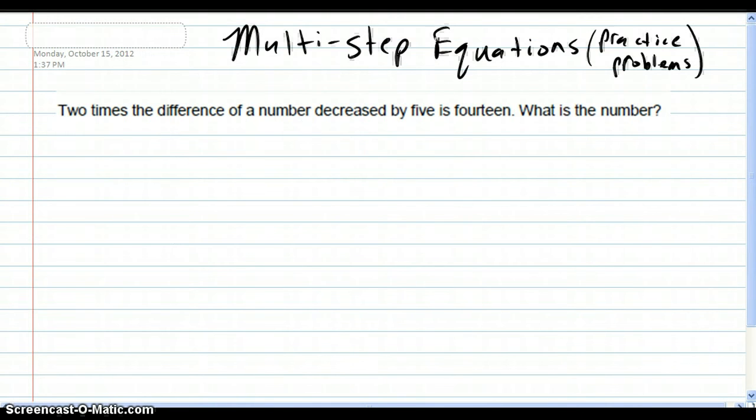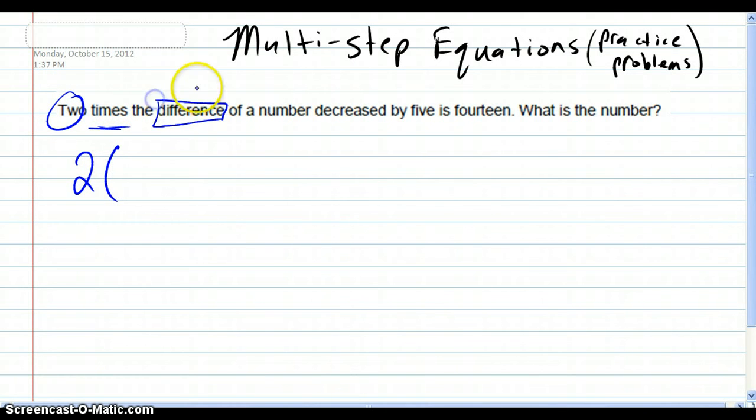Okay, so let's say now we don't actually have an actual number problem, we have a word problem. 2 times the difference of a number decreased by 5 is 14. What is that number? So let's see. 2 means 2. Times means we're going to have to multiply. So I'm going to put parentheses, multiplication. Difference means subtraction. So we're subtracting something. I'm not sure what we're subtracting yet. The difference of a number